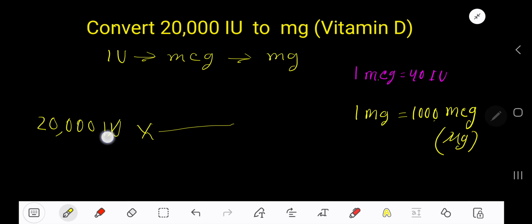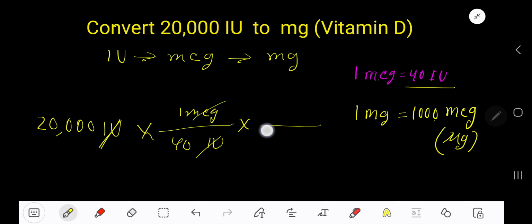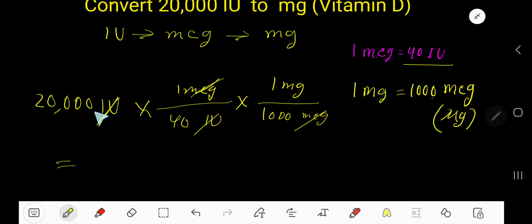So to cancel this IU part, from this conversion equation it will be the denominator. This part will be the numerator, microgram. Again, to cancel this microgram part, it will be the denominator and this part will be the numerator. So now multiply: 20,000 over 1 means 20,000 divided by 40 times 1000